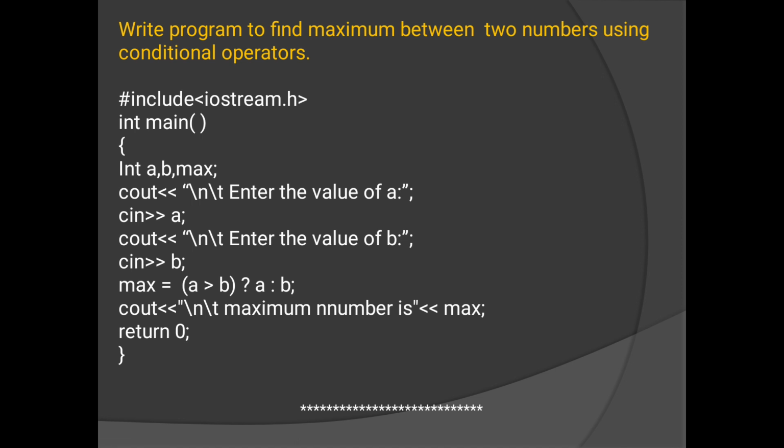In the starting of the program, always within the main function body, that is within the opening and the closing curly braces, you declare the variables. They are all of integer type: a, b, max. After you declare the variables, the next step is to enter the values. You enter the values for a and b using the C input stream. A prompt is given to display on the monitor screen: enter the value of a, enter the value of b.